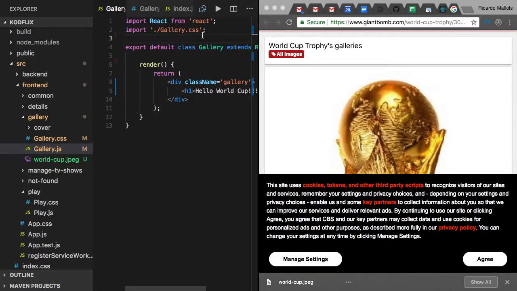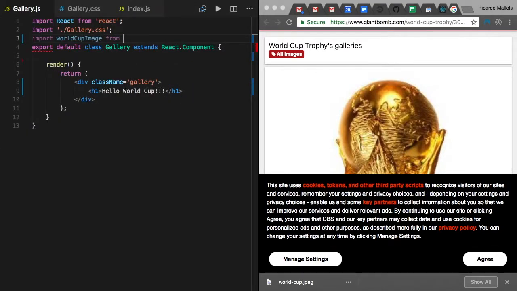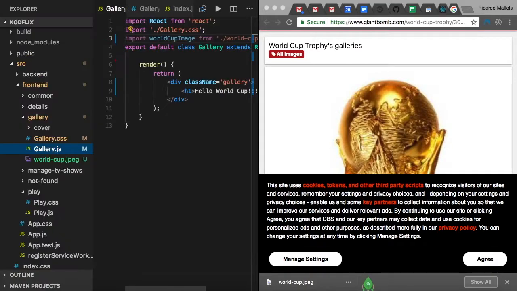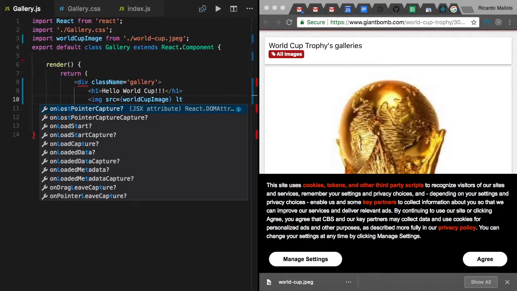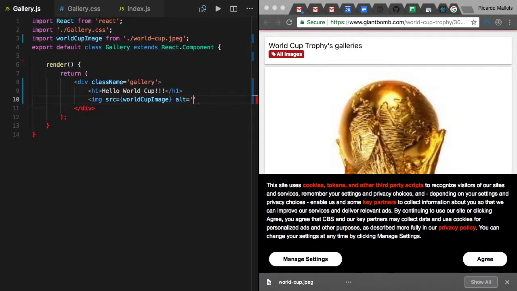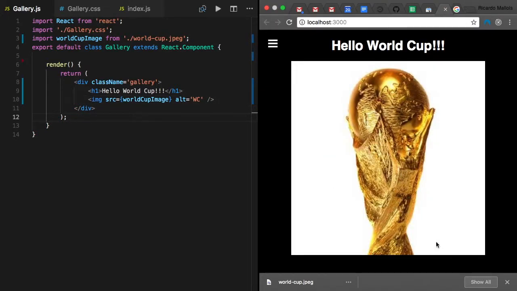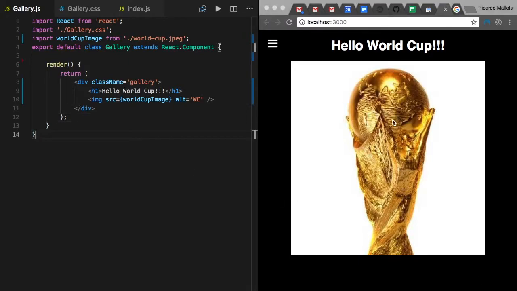So I can import it. Import World Cup image from where? From worldcup.jpg maybe. Yeah, correct. Okay, so we've got that, and that means that now I can add an image tag, with src. I can even add alt with a message, and that's it. So by doing that, we've got the image here. Easy. Obviously, at the moment, even if I click on it, nothing happens, but we can solve that by